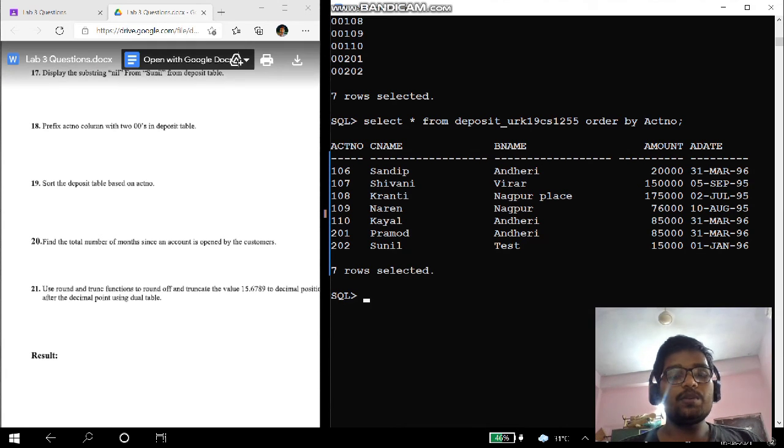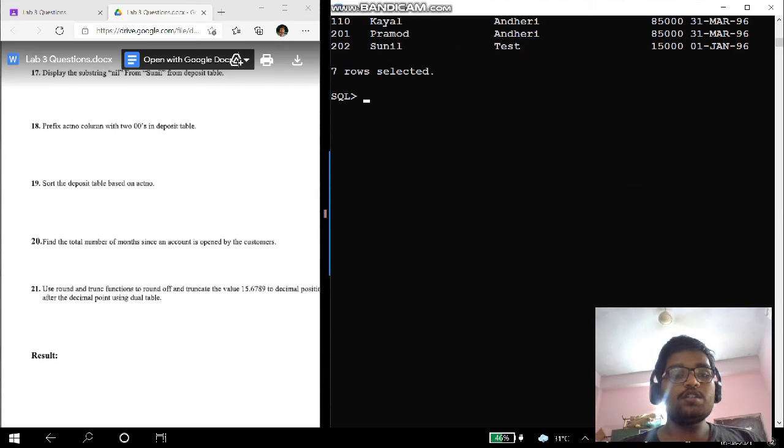Right now, coming to the 20th question, find the total number of months since an account was opened by the customers. To do that, let us use select customer name. We need to display the customer name and the months gone by since he opened his account. The next column is months, and we'll use the built-in function months between.